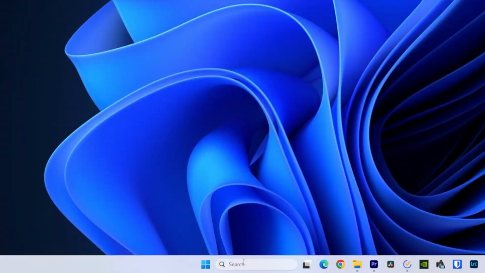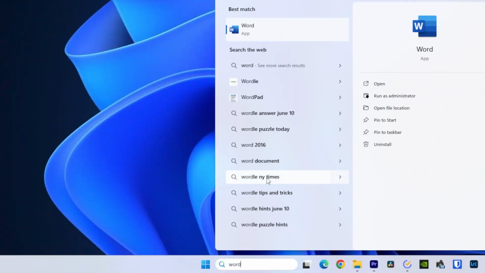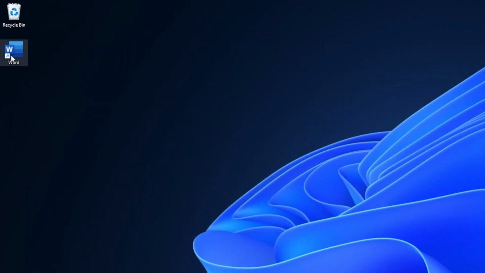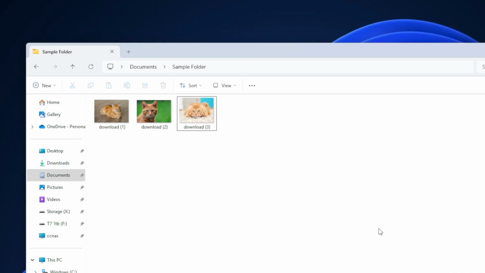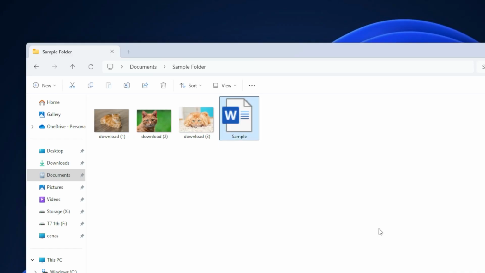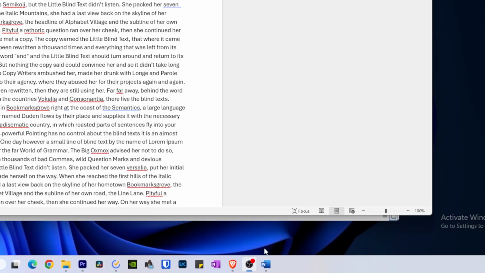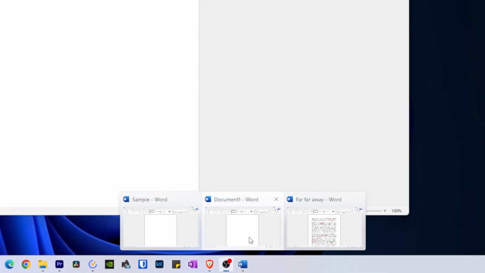In this lesson, we are going to go over some basics for using Microsoft Word. To start using Word, you need to open the app. This could be in your Start menu, or it could be pinned to the desktop. You can also choose it by right-clicking in a folder or on your desktop and choosing it from the New menu. If you have more than one document open at a time, you can click the Word app icon at the bottom of the desktop in your taskbar to choose the one you want to continue.